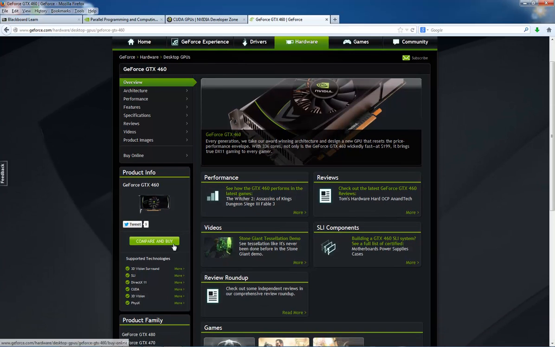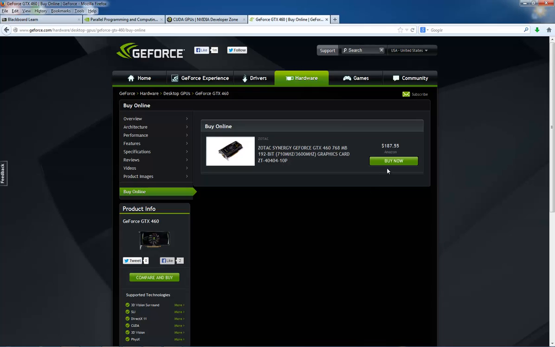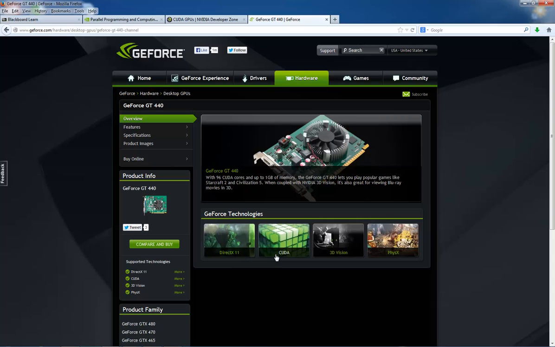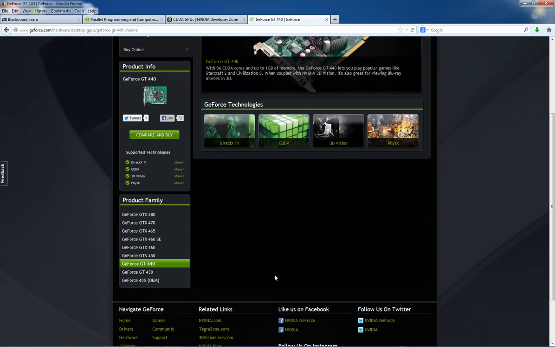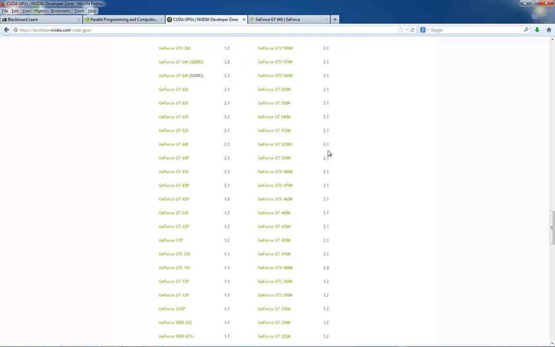If you just keep going up on the list, you'll see, for example, the GT460, which actually took me to the GTX series. So you'd basically want to stick with the GT series, because those don't require additional power supply connections, and usually for older computers they still work. If you are contemplating upgrading your graphics card, this might be a good time to do a little study on NVIDIA graphics cards and purchase one